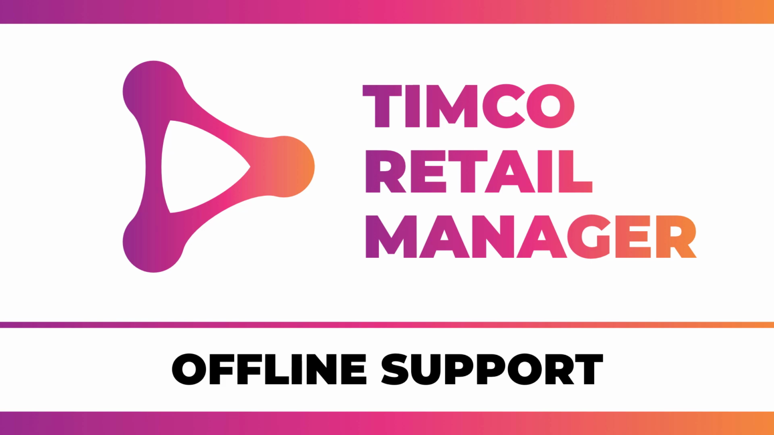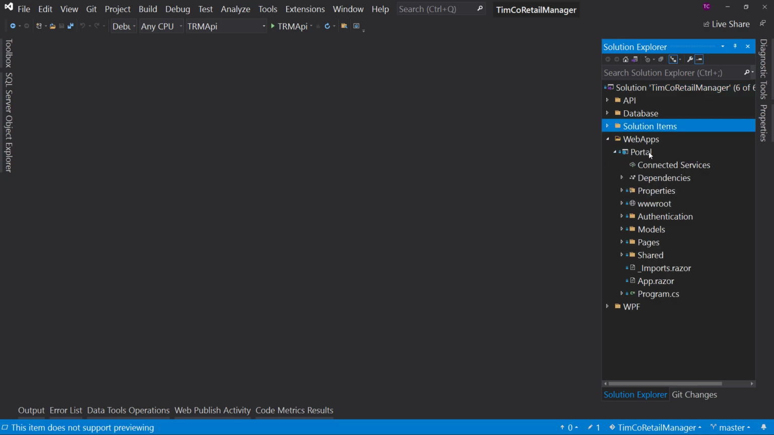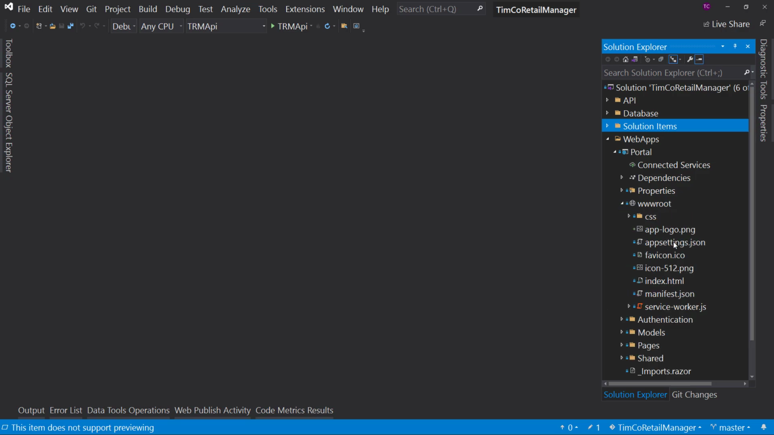Let's jump right into Visual Studio and get started with writing code. So let's go over to our portal, which is right here. And in our portal right now, I have added one thing off screen. And I did it just to save us some time here. In the wwwroot, I've added this app logo.png. Right now we have this icon-512.png, which is the default Blazor logo. But we want to get rid of that and actually use our own, which is this new logo that I